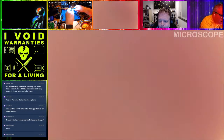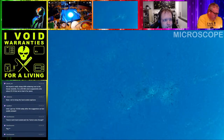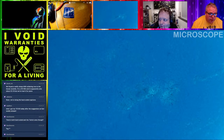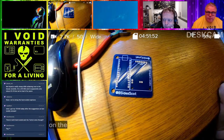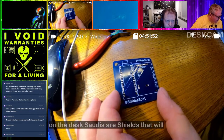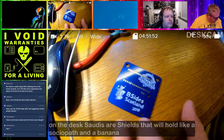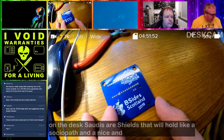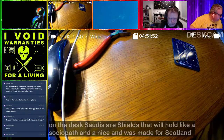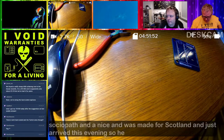I hope I'm able to show it under the microscope. So these are shields. There's 2. You need something like a handy cam, the GoPro. So put it on the desk cam. These are shields that will hold a CAN bus shield and an Arduino Nano. Nice. And it was made for B-Sides Scotland. Those just arrived this evening. So he was kind enough to send me these